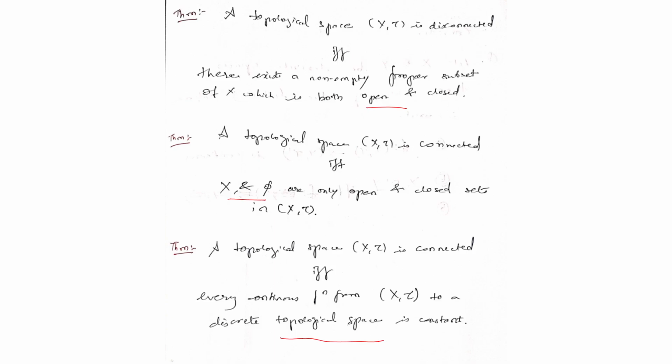So there were some theorems discussed. First of all, you have a theorem that a topological space (X, τ) is disconnected if and only if there exists a non-empty proper subset of X which is both open and closed. Fine. So we say that a space is disconnected if and only if you can find a non-empty